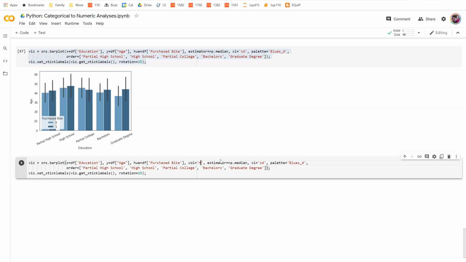And under call, let's put homeowner. And we also need to change this from a bar plot to a cat plot. Cat plot is the base object, and there are lots of varieties of the cat plot. We'll start with the default one, but first I think we're going to get an error if we run it